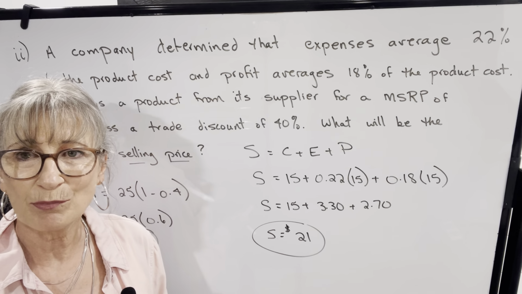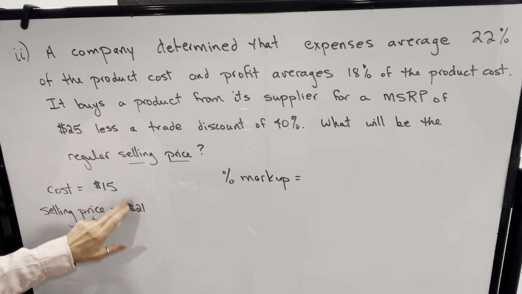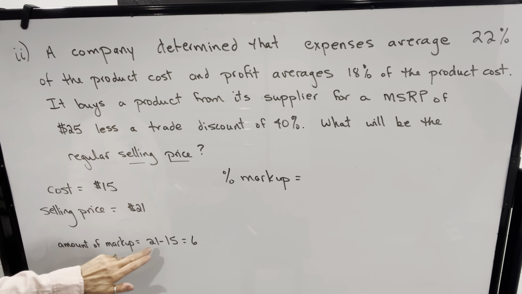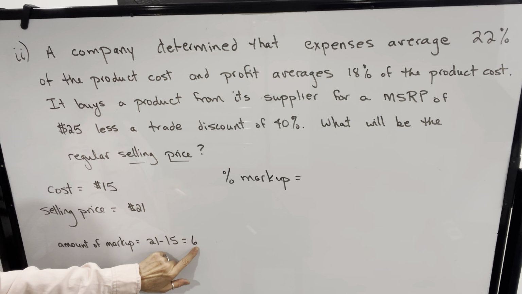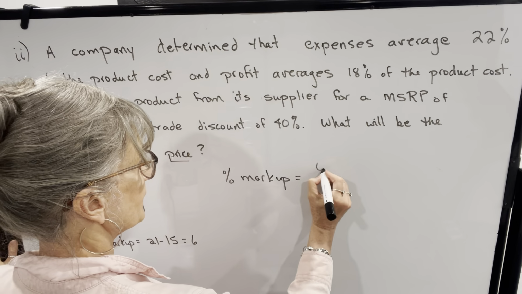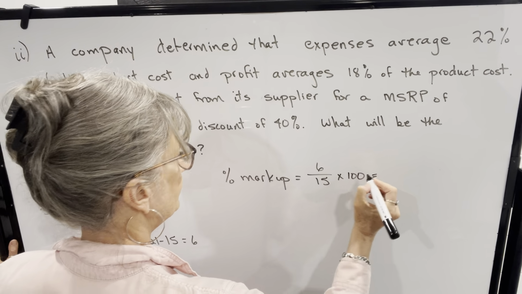Now let's find percent markup and percent margin. In order to find percent markup, we take our amount of markup. Amount of markup is selling price minus cost, so 21 minus 15, which is 6. Now we find what percent that amount of markup is based on cost to find percent markup. So 6 divided by 15, multiplied by 100,